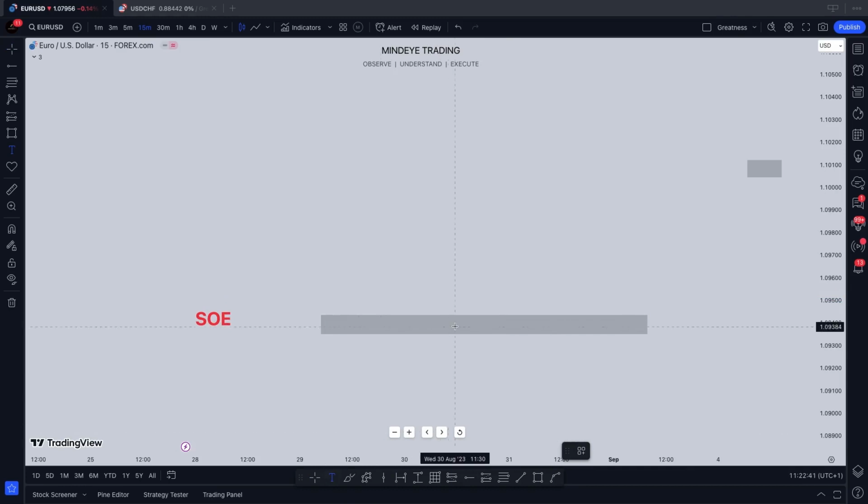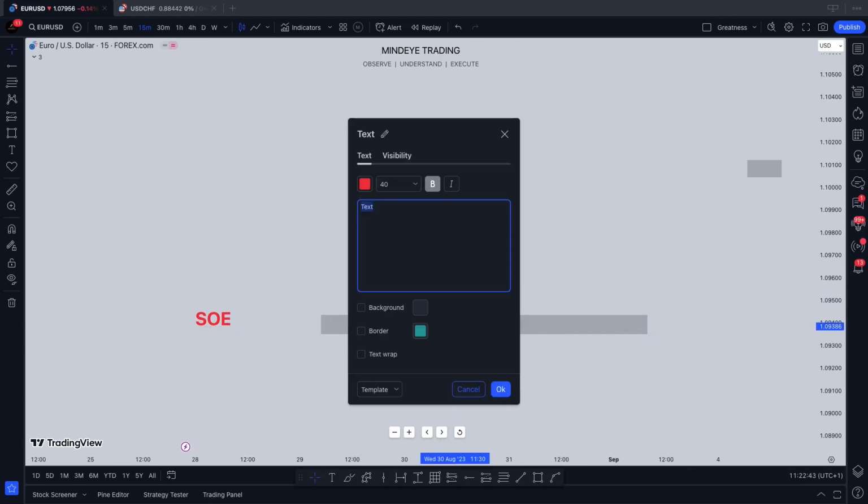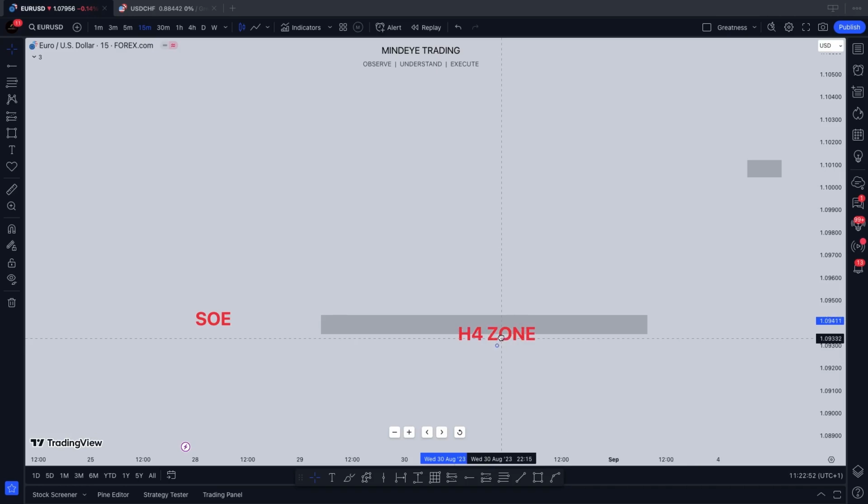let me say this is your H4 zone, and you are looking to buy when the market gets to this zone. So what change of character helps you do is this. Let me use a pictorial. Let me just draw something to show to you.